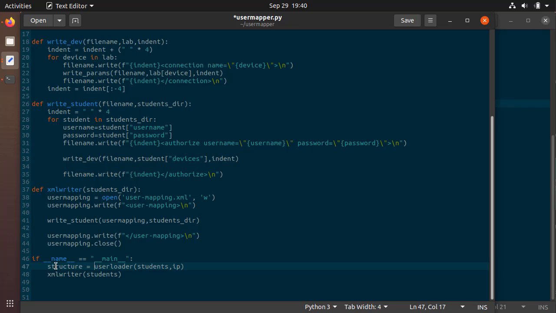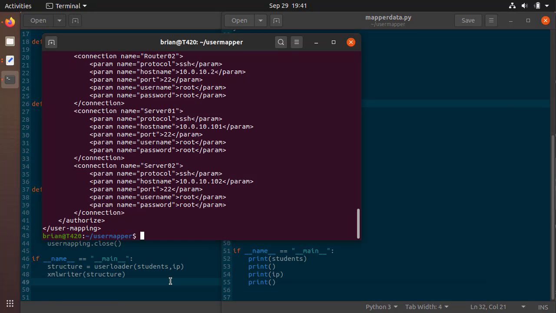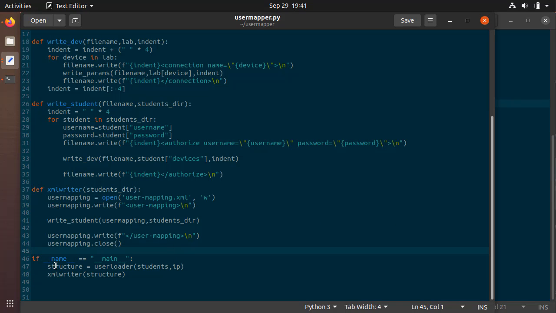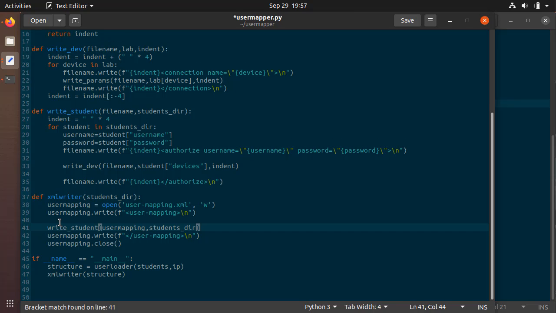The modified structure is really a pointer to the object that is the modified students directory. XML Writer uses that object as its input. Let's see how this works. So the output is the same. And I think that this main program is a little bit clearer now. I am taking the output of user loader and I am bringing it into XML Writer. I'll just tidy up this file a little bit